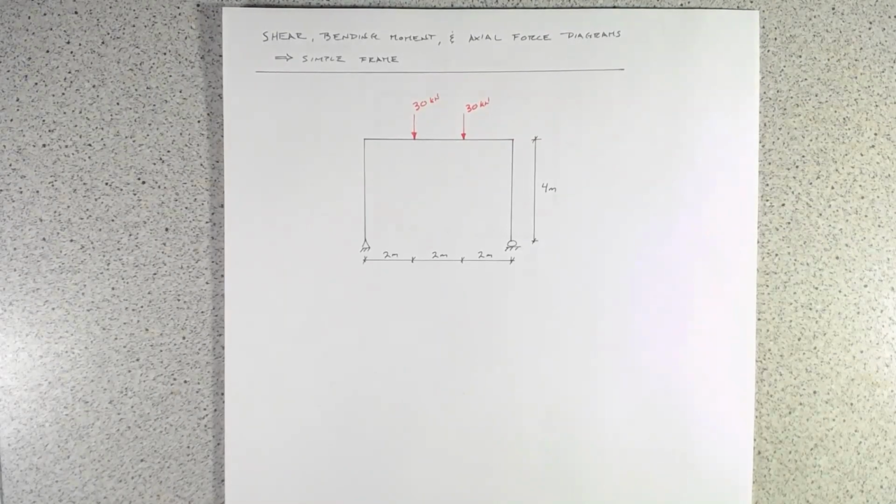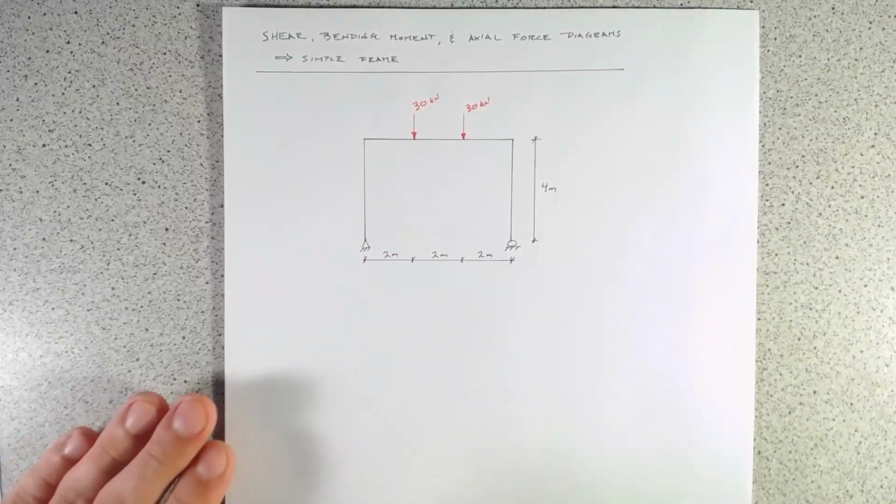So what we're going to look at to start with is this simple frame. You can see the frame is 6 meters wide at the bay, and it is 4 meters tall and just has 2 point loads applied there. What we need to do for this example is draw the shear, bending, and axial force diagrams for this frame. The first thing we need to do is always draw a free body diagram, find what our reaction forces are, and then everything will sort of fall out from there. So starting with that,